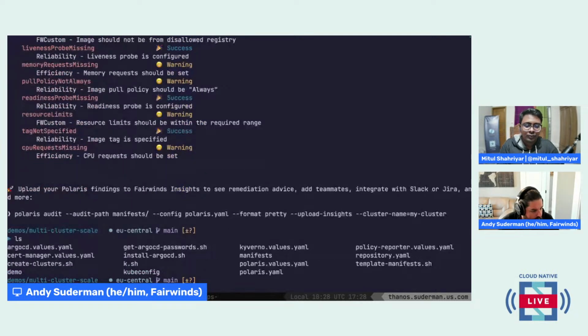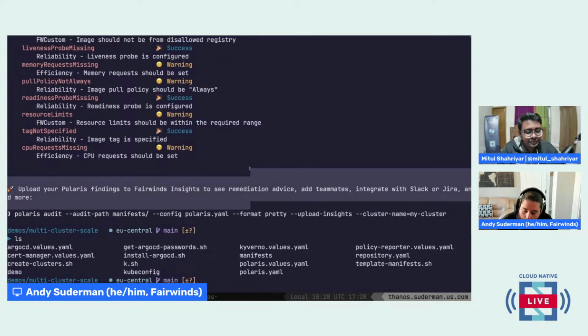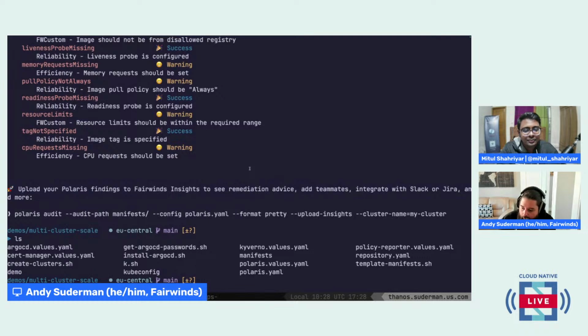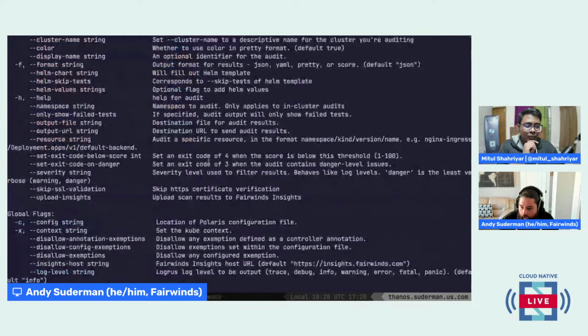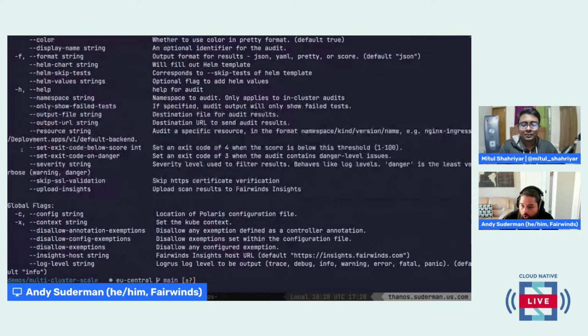So that's Polaris. We've covered CEL. We've covered pod security admission. We've covered custom Polaris config, the CLI. Again, we have in the Polaris audit command different ways to control exit codes. So we could say, you have to get a certain score. You fail if there's any danger items. And then we can sort of customize that however we want to enforce these policies across our clusters.